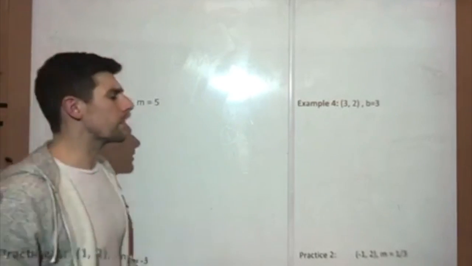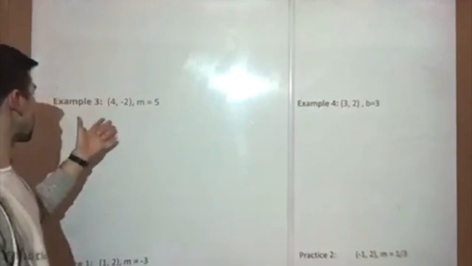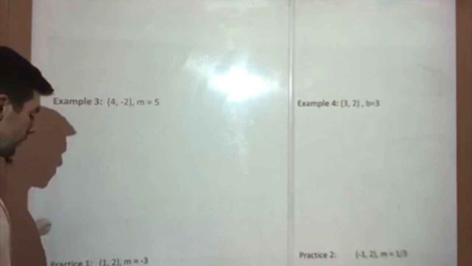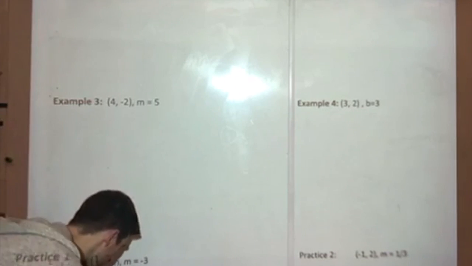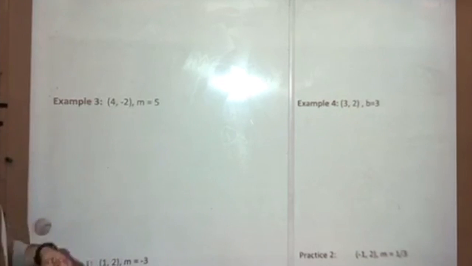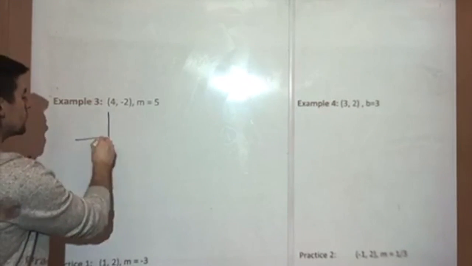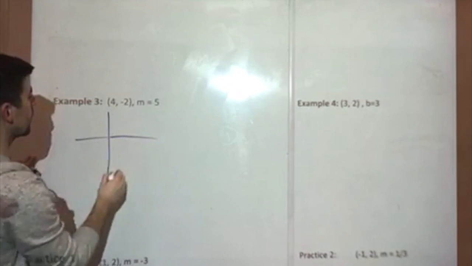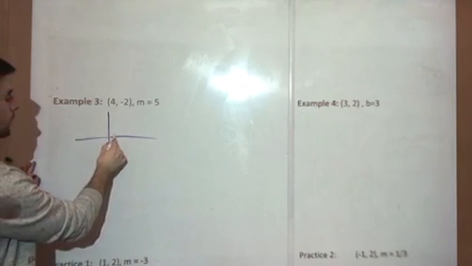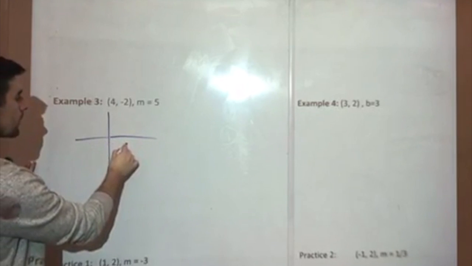Alright, we're on what I think is page 35, I'm pretty confident, on example 3, and this is where I've seen students start to struggle. So let's figure out how this looks. And I'll give you an example of the struggle. What I've seen students do is try to go back to their old tricks. So they're like, okay, I know that the point (4, negative 2) is on this line,